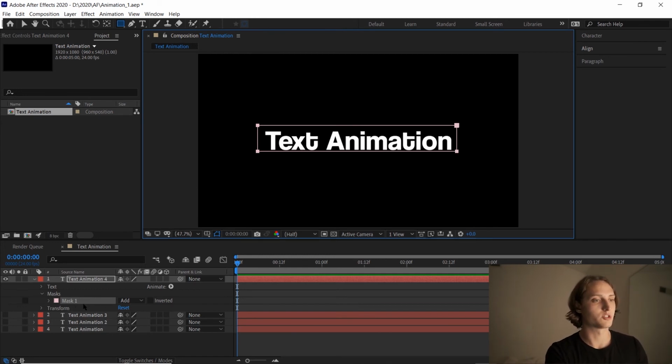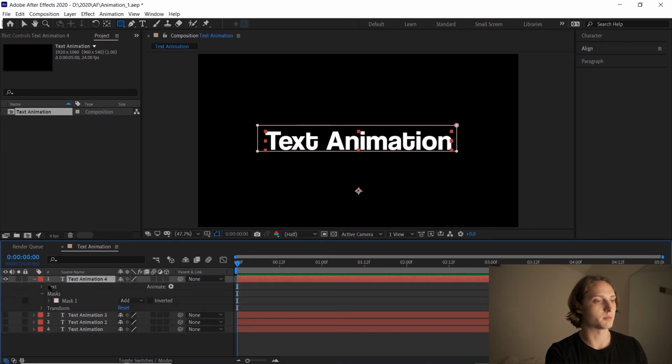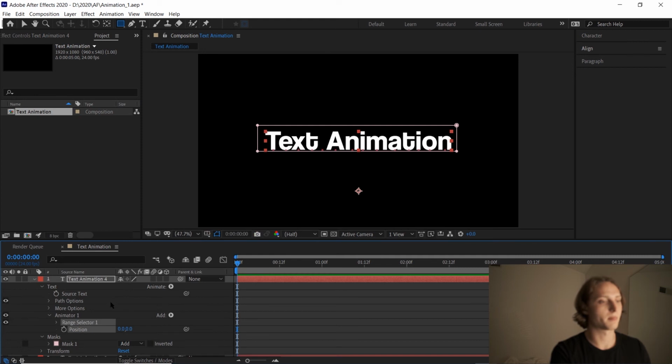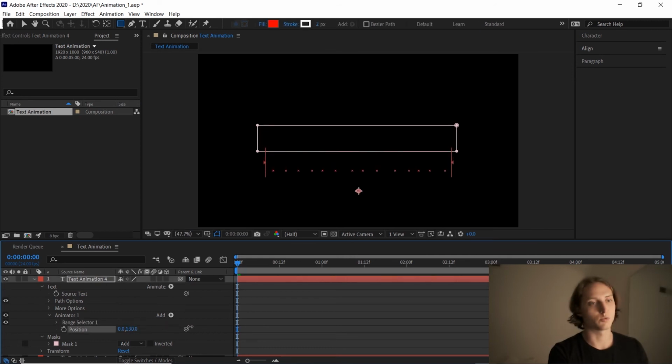Okay, and once we do that, what we're going to do is come down in our text animation, open up the drop down, select animate, and we are going to come and select position. So once we have position selected, we're going to come over here to our Y position, over here under the range selector. We're going to select that, click and drag, and we're going to drag that to where it's no longer showing,